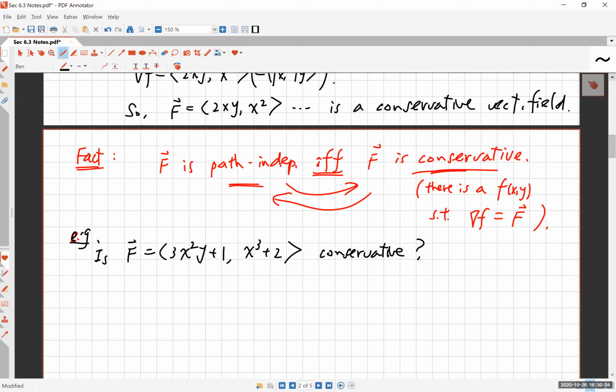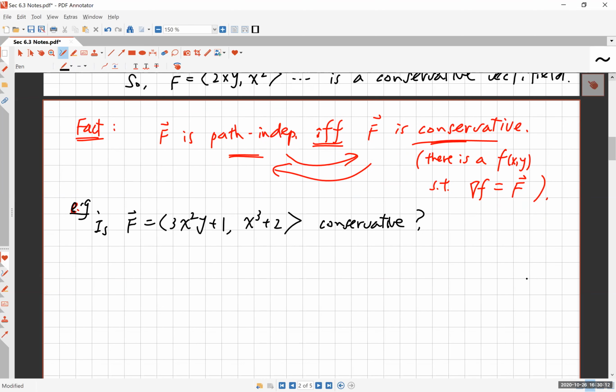What do you think? Is that conservative? Well, it's hard to tell, isn't it? It is hard to tell because the question is, does F have a potential function, lowercase f,